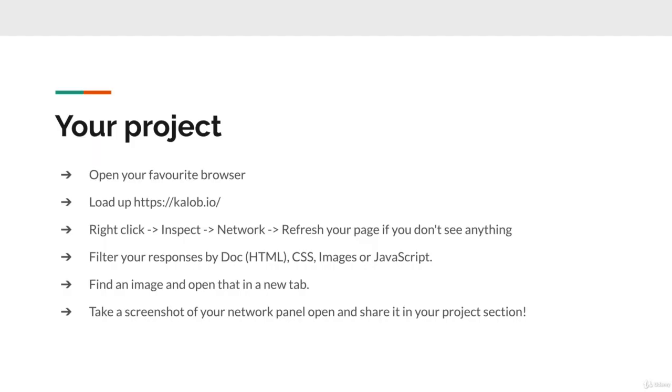your project. So here's what I would like you to do. I want you to open your favorite browser. Could be Chrome, Firefox, Safari, Edge. Load up my website, just as an example. Go to caleb.io, right-click on the page, and then inspect, and then click the network tab, and then refresh your